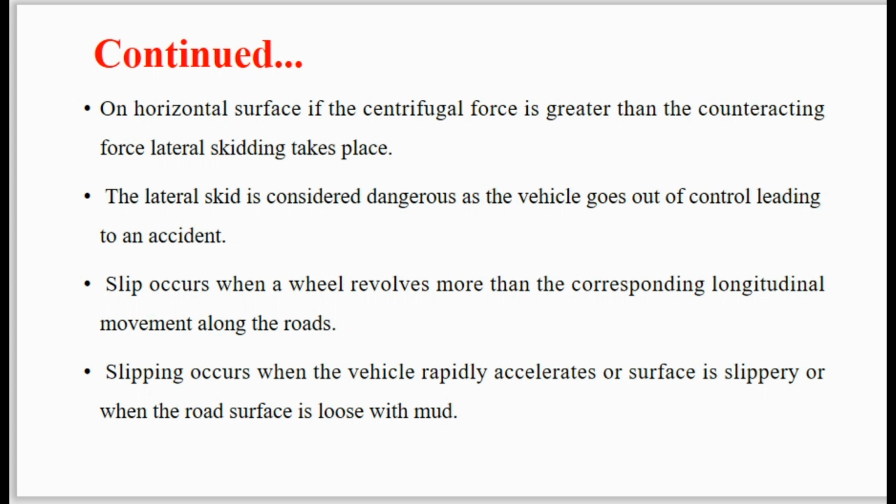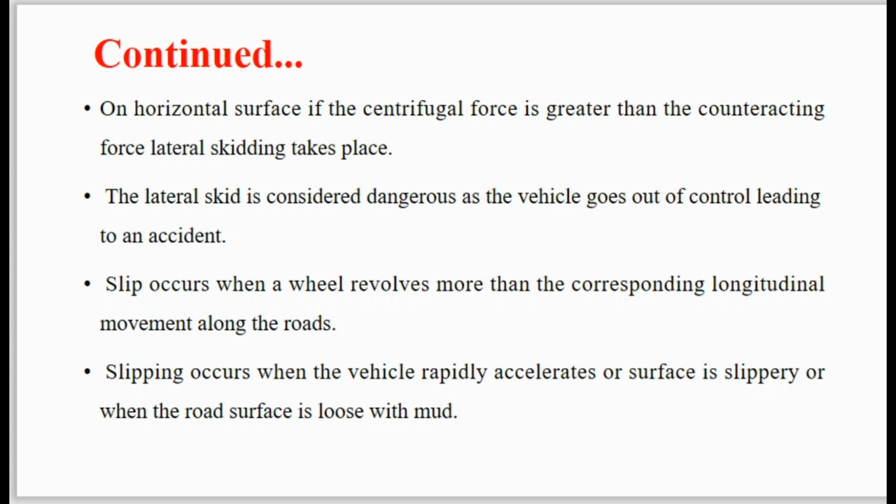Then the condition of pavement, like wet or dry, smooth or rough, oil spill or dry sand on the pavement. Type and condition of the tire, that is new with good treads or smoothened and worn out tire. Next is the speed of the vehicle. Speed of the vehicle also has its effect on the friction or the skid resistance.